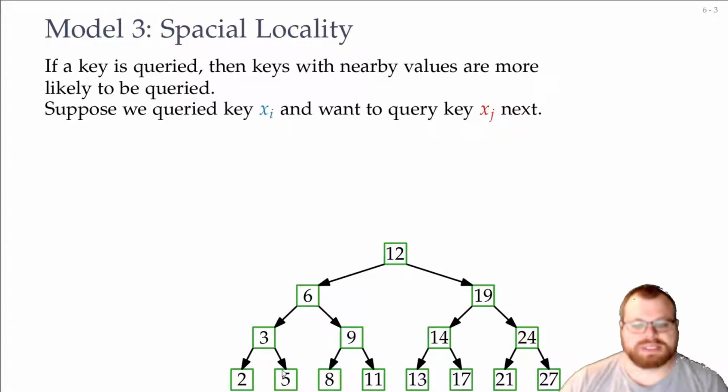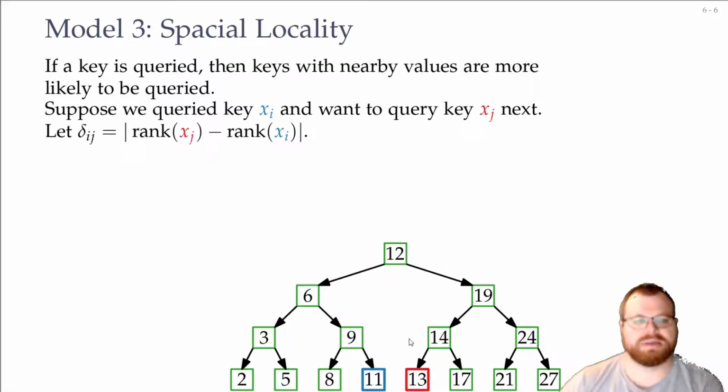So we have this example and assume we queried number 11, and next we want to query number 13. The 13 is very close to the 11, so it is more likely to be queried, so we want it to be fast. And to define this a bit more clearly, we define the delta function, which is the difference